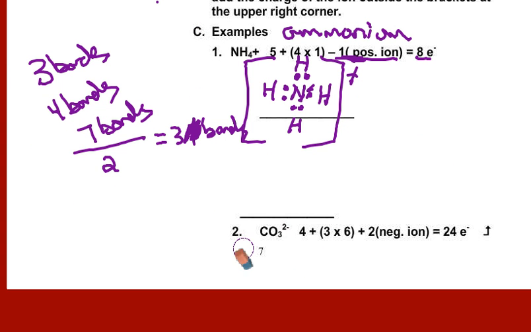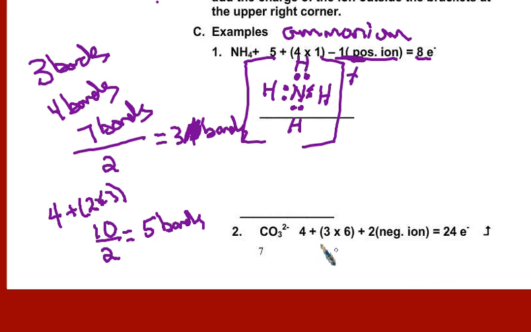Okay, and here we are with carbon. This is a new one. This is called carbonate, CO3 2 minus, and the same rule applies. This carbonate, our honk rule, there's 4 bonds for the carbon. And there's going to be 2 bonds for each of the 3 oxygens. So it's going to be 2 times 3. Okay, so that's going to be a total of 10. 2 times 3 is 6 plus 4 is 10. We'll divide that by 2, which means we need 5